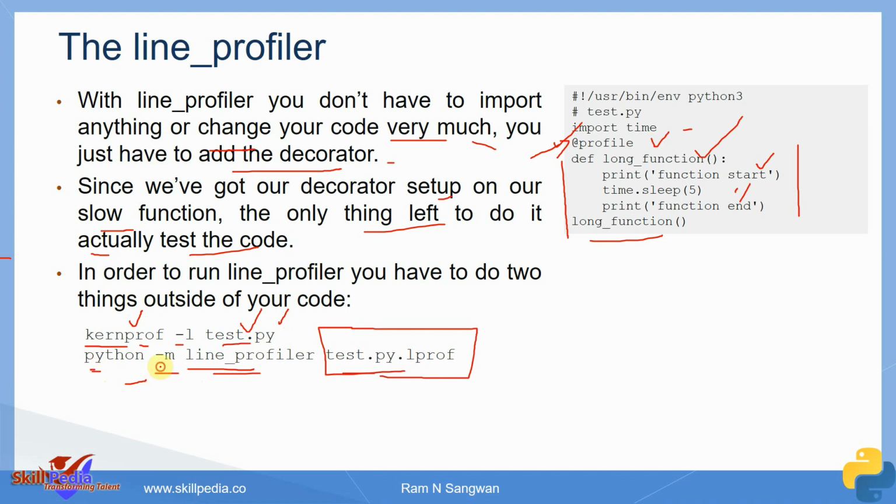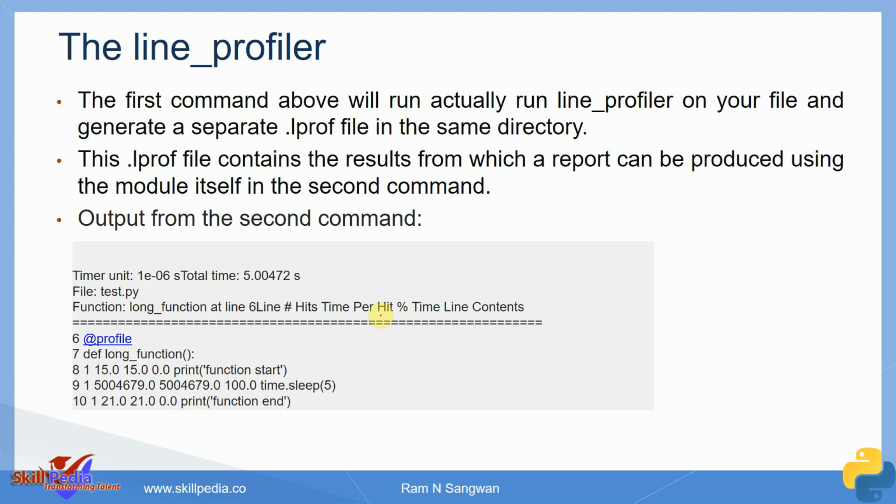Python module line profiler, and test this output. So you are creating the profile first here. This is the profile created by this statement number 1, and this is analyzing that profile with the help of line profiler using this utility -m, that is module name line profiler, on this file. The first command in the above will run line profiler on your file and generate a separate lprof file